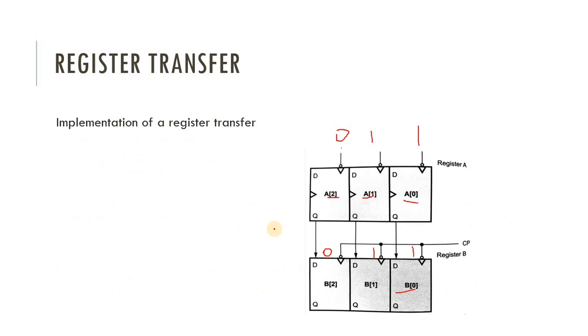So here A0 transfers the data into B0. So it is represented like B in brackets 0, then the replacement operator and A0.